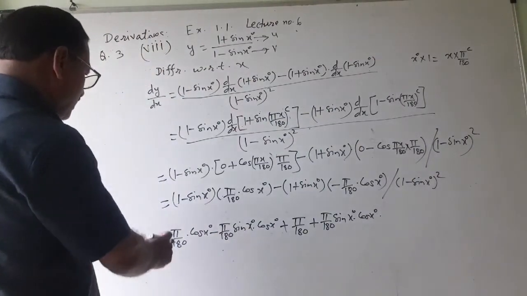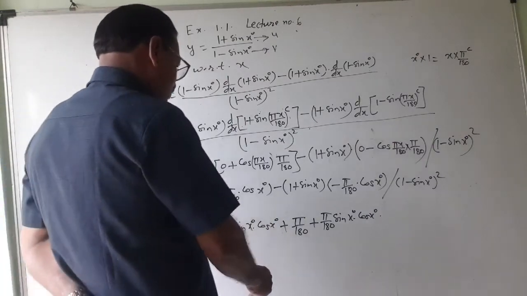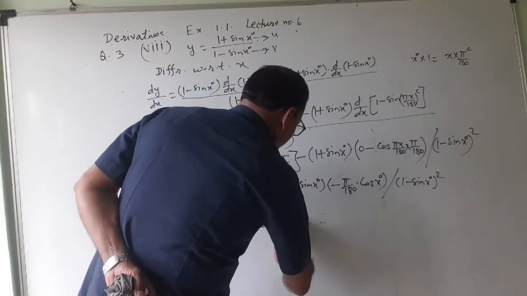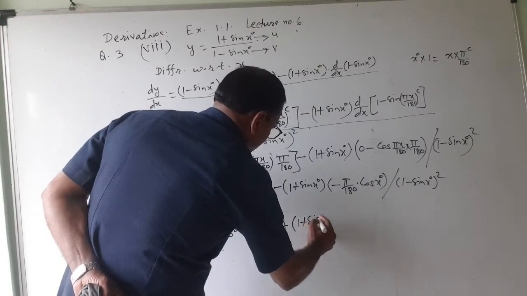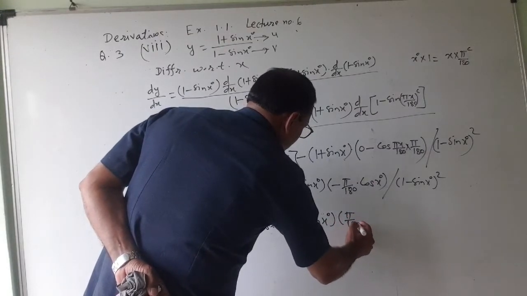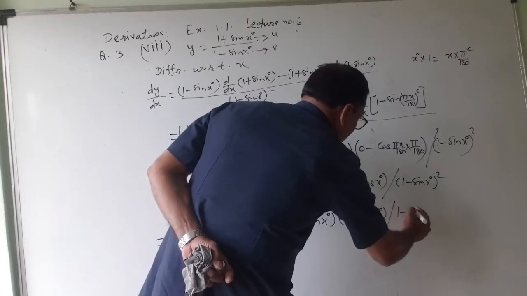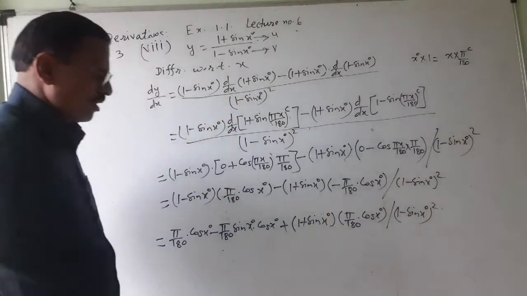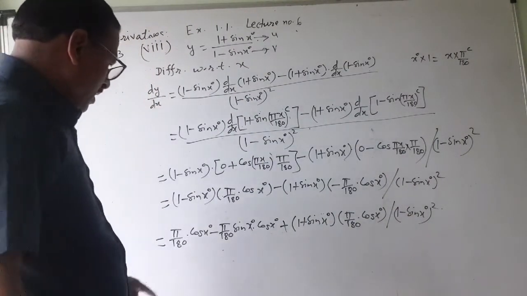Okay. Whether I have written this correctly. Yes. No, here I am wrong. By 1 I am multiplying here properly. I will make it proper first of all. And then (1 plus sine of x degree) into pi by 180 into cos of x degree, upon (1 minus sine of x degree) its square. Hope that up to this you have clearly understood.